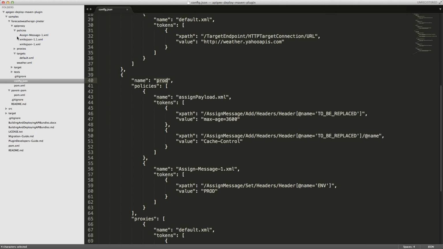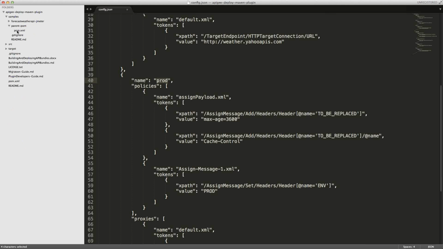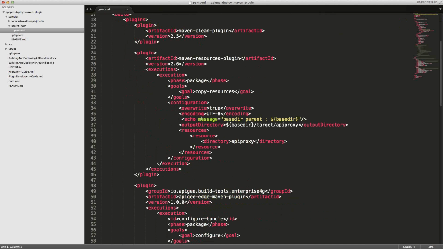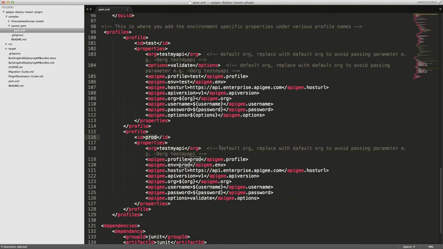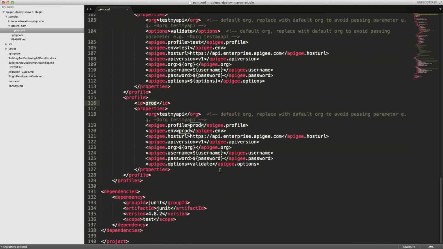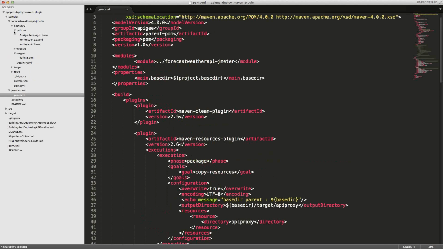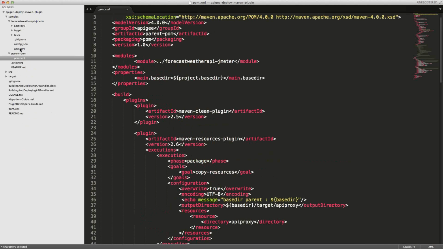Then when it comes to the POM structure, the POM structure is straightforward. So in the parent POM, pom.xml, I have two different profiles. One is the test profile, another one is a prod profile. On the test profile, it has all the values that's required to deploy into a test environment, and in a prod profile, everything that's required for prod. So everything that's common is in the parent POM, and then anything specific to the proxy is in the child POM, child pom.xml,